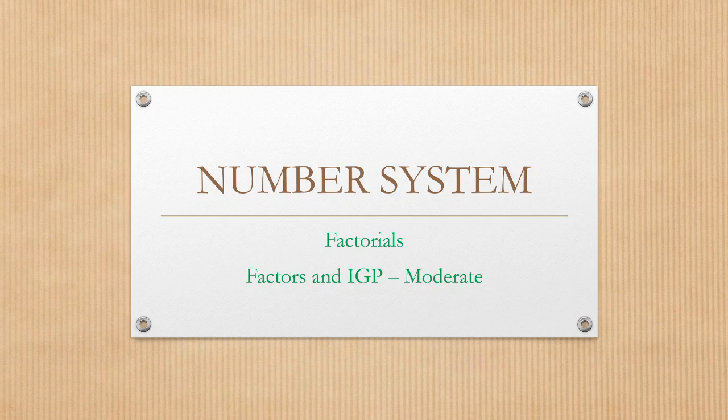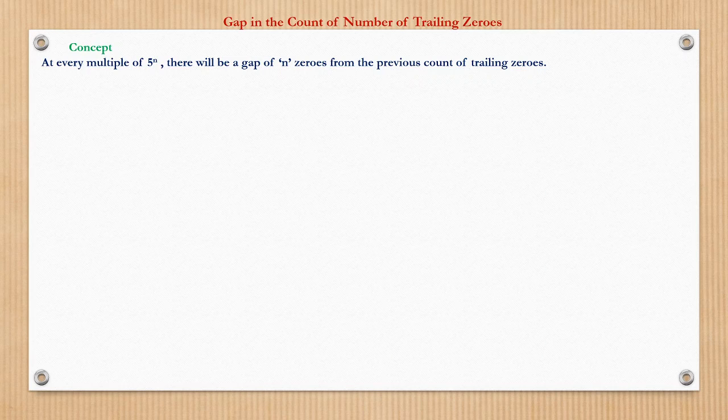So today we'll continue with our earlier discussion on the index of the greatest power of any prime number in any factorial number. So far we have seen how to find the number of trailing zeros. Just to revise a bit, if I have to find the number of trailing zeros in 24 factorial, we have to just count the number of fives, because a 10 or a 0 is given by a combination of 2 and 5. So the number of 5s and the number of 2s will decide, and since 5 is a greater number than 2, we'll have a lower IGP than 2, right? So this we had seen.